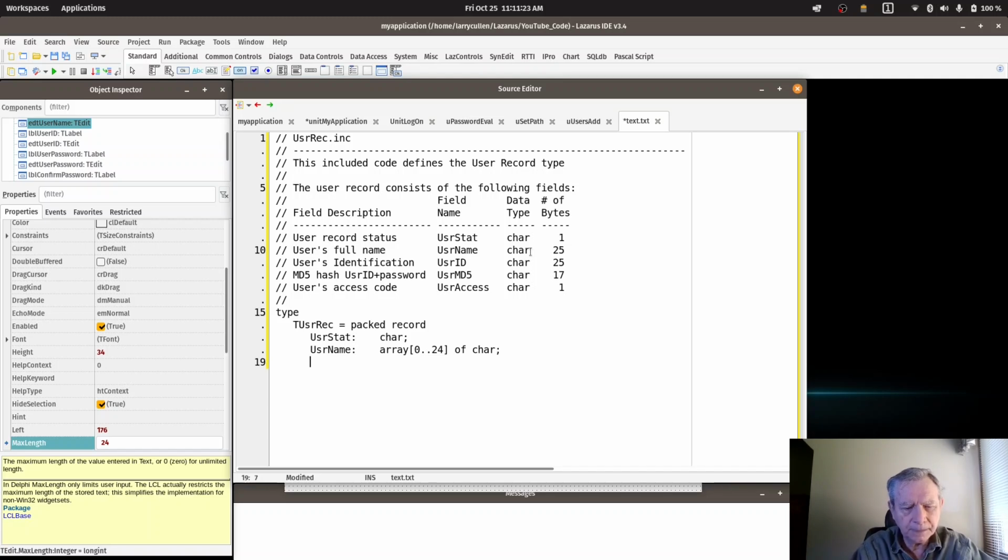All right. The next is the user's ID. That will be stored in the clear. In other words, you'll be able to see it. If you were able to look into this file, you'll see the IDs, and that's also an array 0 to 24 of character. And instead of me typing these in manually, I probably should cheat and just copy the line above, but oh well. So the next thing is the user